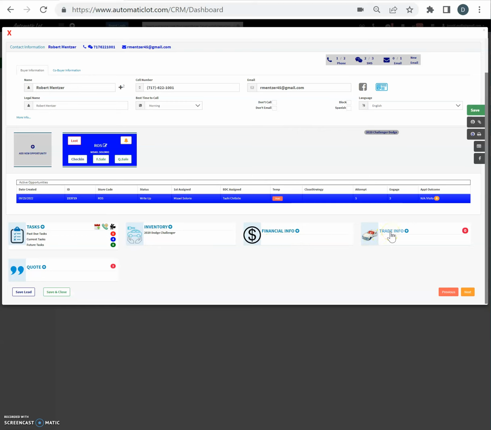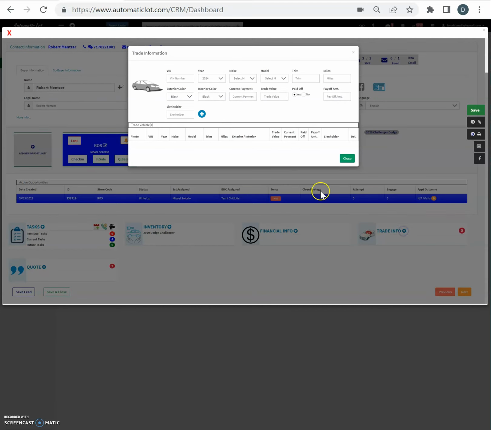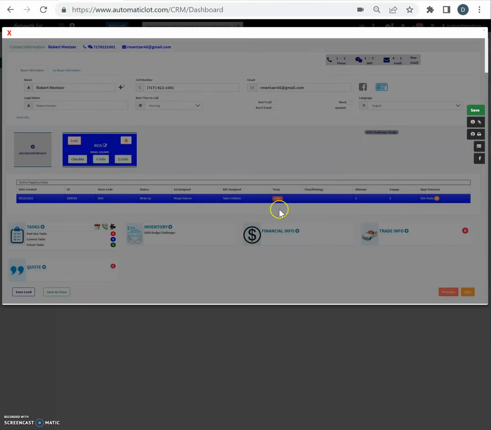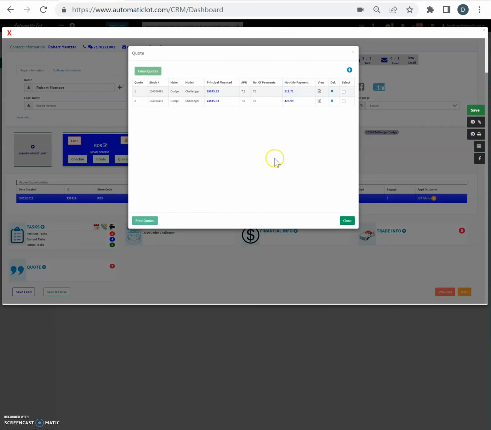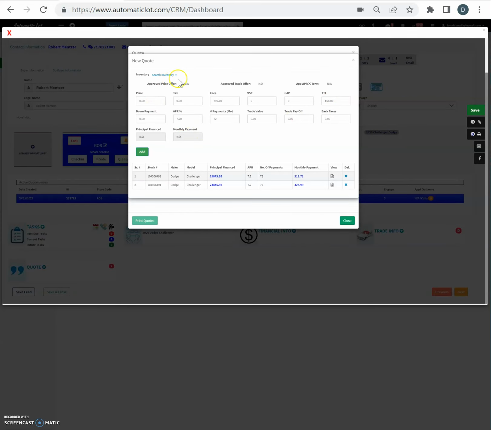Users can also add trade information by clicking on this form and filling out VIN, year, make, model, and other related information data. Users can also create quotes. A quote is basically a mini sale, which is not an official version, but users can select any vehicle for that lead, enter a sale price,